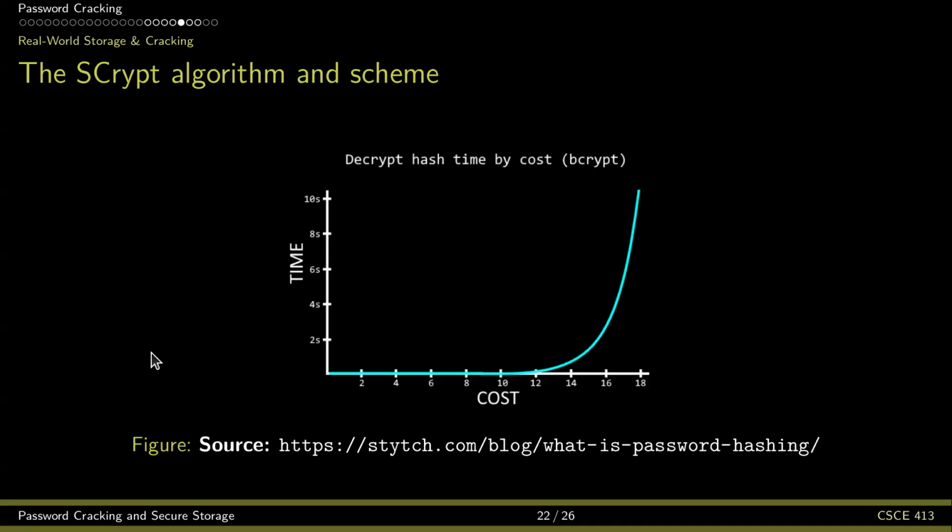So the idea is that this is a general graph. It means cost, and cost here is in a very broad sense, but you can understand it as the size of the password. So the bigger the password or the complexity of the password, the more and more time is required, such that it reaches an exponential level, because every time you add a new character, you are doubling or tripling or multiplying by n the size, the required time